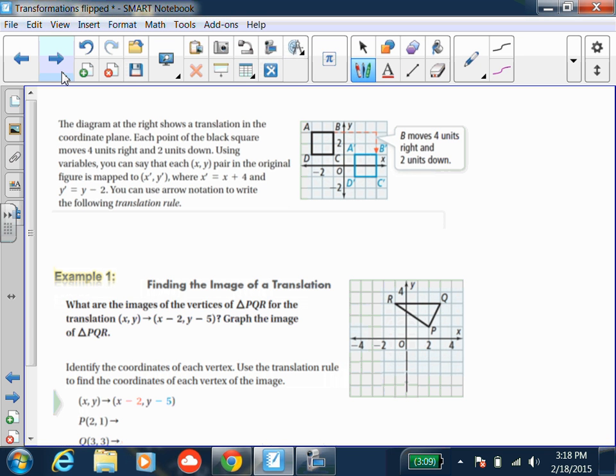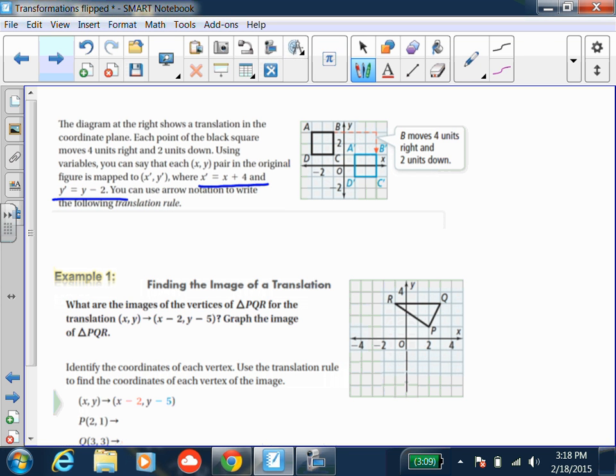So what did we do to that black square to move it and make it the blue square? So we moved 4 units to the right and 2 units down. So left and right would be my x coordinate, up and down would be my y coordinate. So we added 4 to x and we subtracted 2 from y. So we can write that